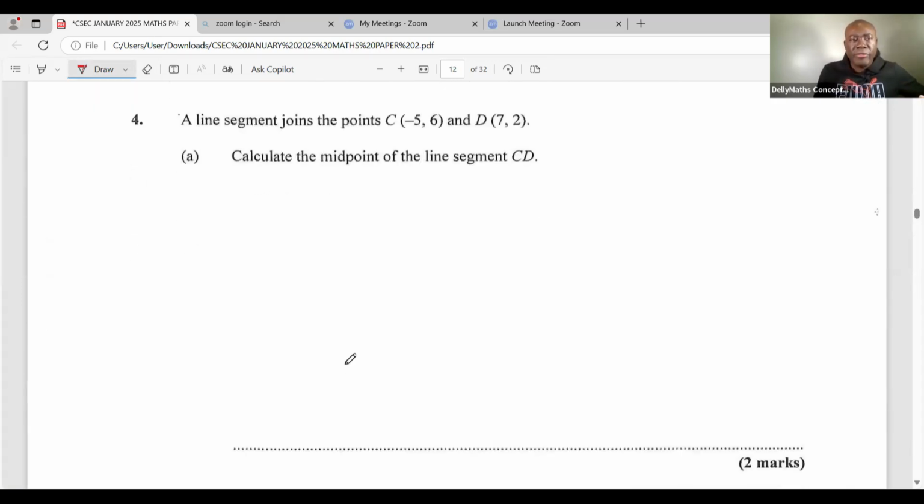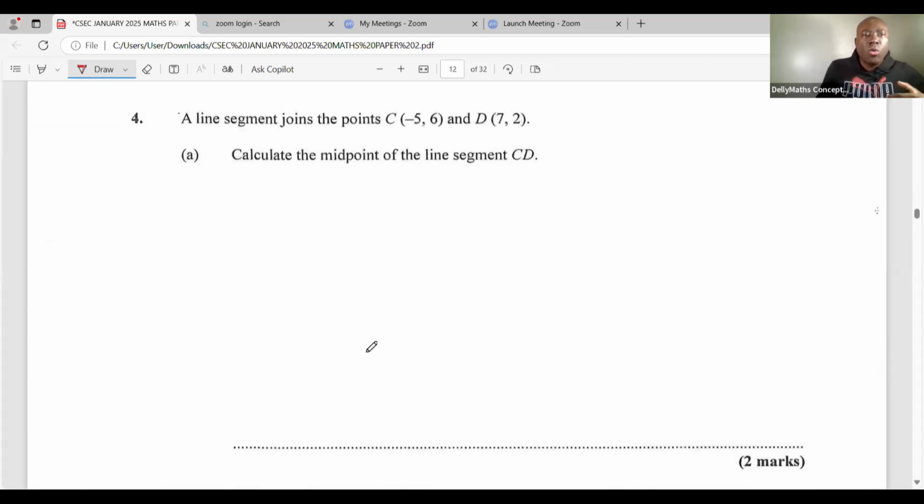So we're looking at question 4, and in question 4, we have a line segment that joins CD. C is (-5, 6), and D is (7, 2). Now, the question is asking us to calculate the midpoint of the line segment CD. Now, there's a formula for the midpoint. I'm going to just drop it here. The midpoint formula,